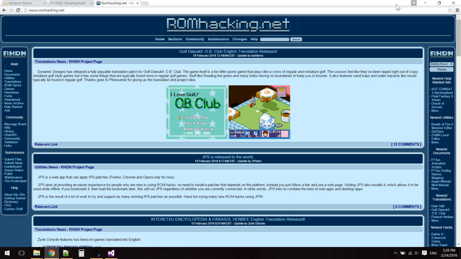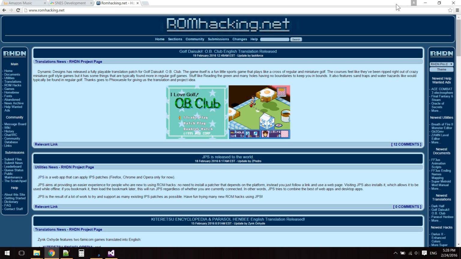This includes the Wizardry Gaiden 4 English Beta Patch, Beat, which is a BPS patcher that will patch our original ROM to the English version,